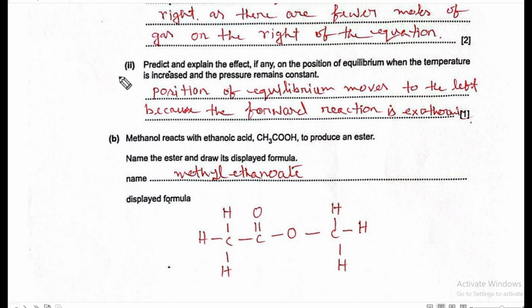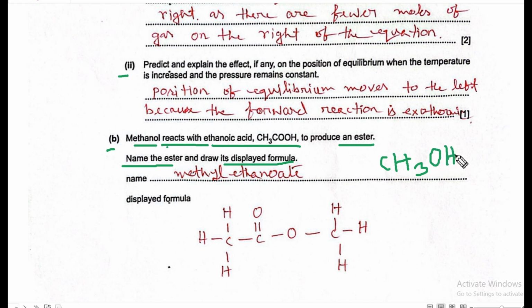Now B, methanol reacts with ethanoic acid to produce an ester. Name the ester and draw the displayed formula. Methanol, CH3OH, methanol, this is the alcohol part, and ethanoic acid, this